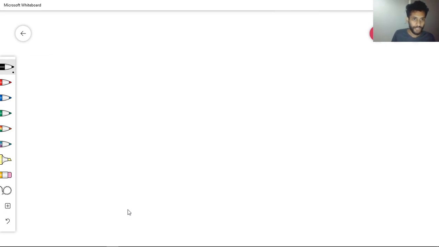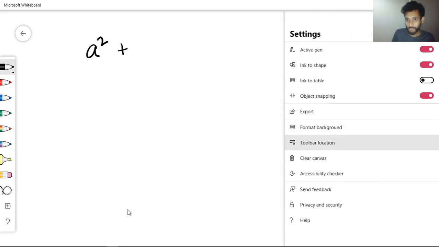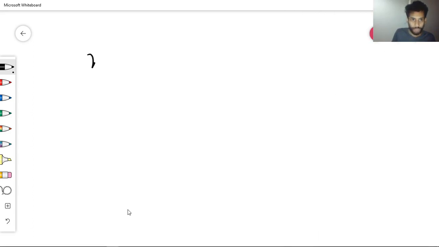Here it will be a trinomial. Trinomial means it will have three terms. The three terms will be in this way: sorry, if I do it in terms of x square, then it will be more clear. So the first one will be ax square, then the next one will be plus bx plus c. So here you can clearly see the first one is a, the second one is b, and the third one is c. So here are three terms.